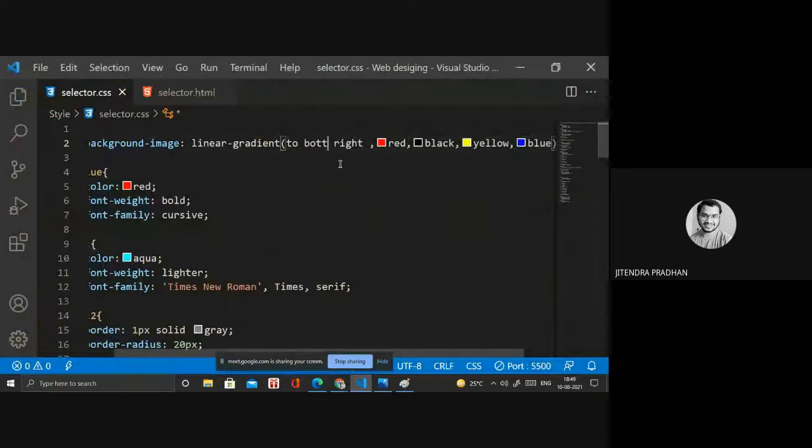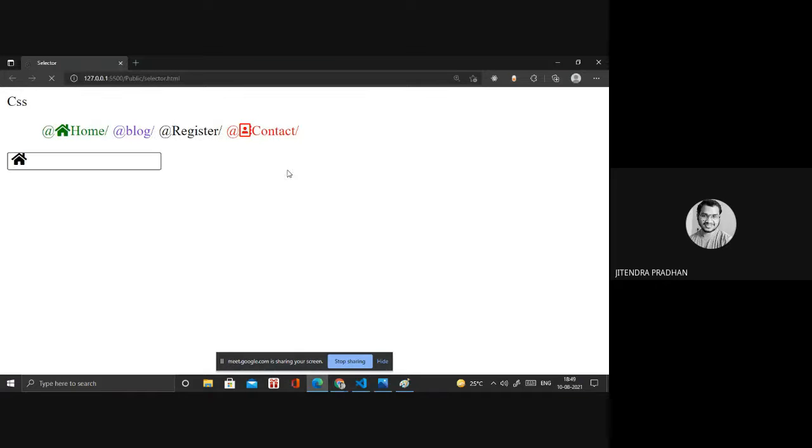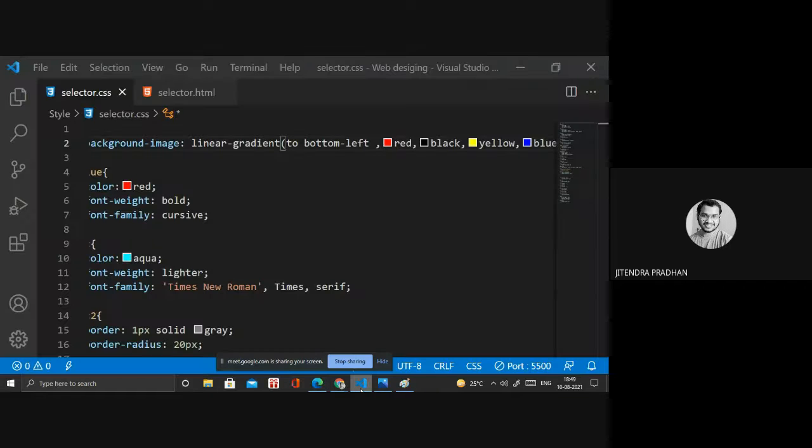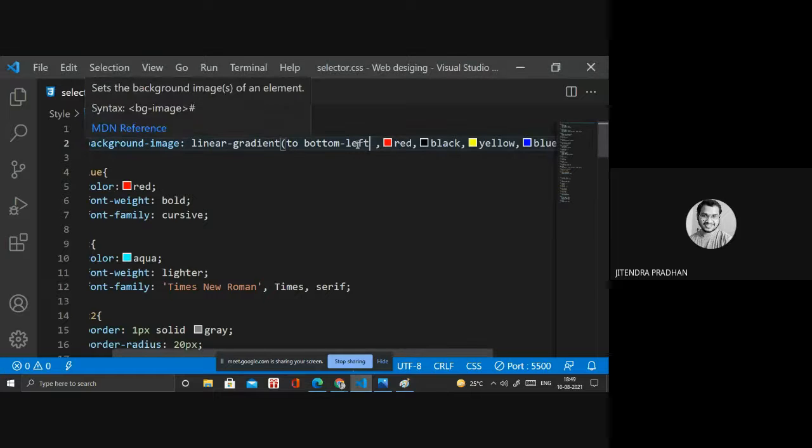And if I write bottom left also, it is happening. Okay, sorry, it's bottom left. Let's see, bottom left. Okay, I do not require any inside that.